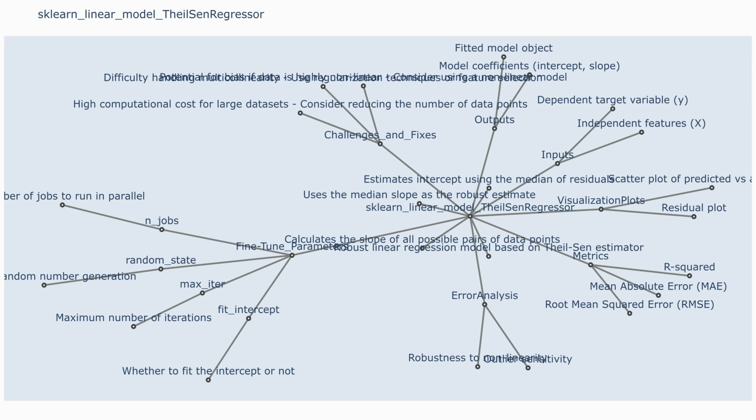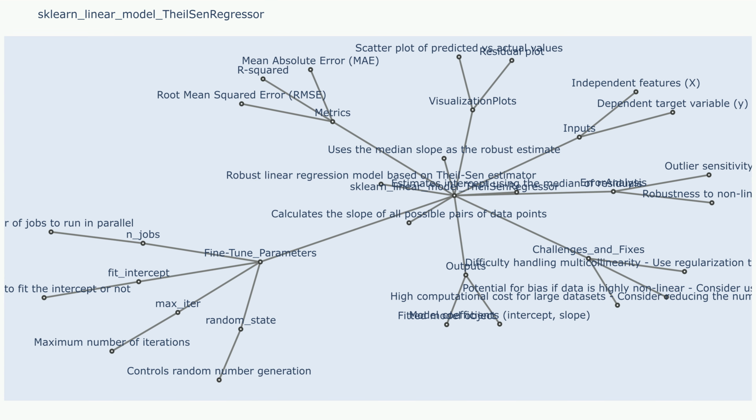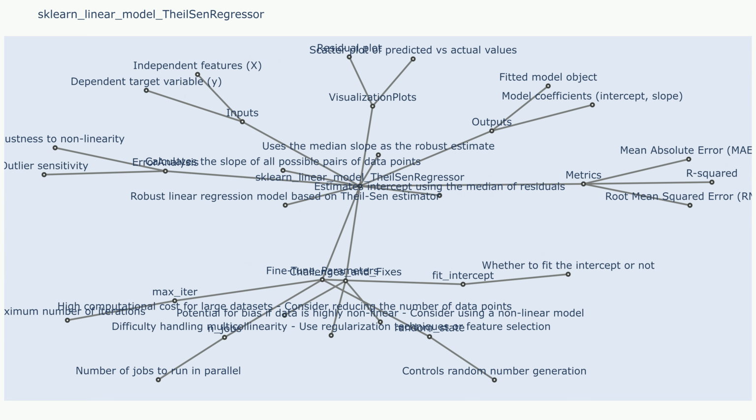sklearn, linear model, TheilSen regressor. Description: TheilSen regressor is a robust linear regression model that is resistant to outliers in the data. It estimates the regression coefficients using a robust estimator based on the TheilSen estimator, which is a non-parametric method that considers the slope of lines drawn between all pairs of data points. This makes it more reliable than ordinary least squares (OLS) regression when the data contains outliers or deviations from a